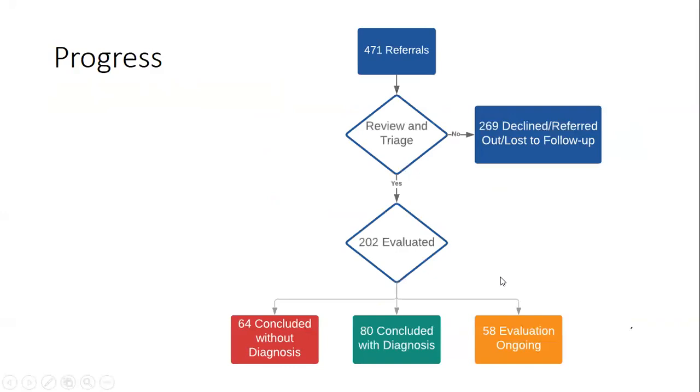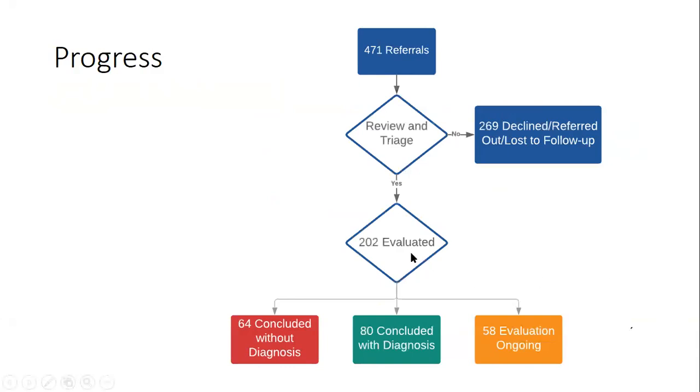These numbers are a month or two old, but the spirit's about the same. In about 5 years' time, we've probably by now had 500 referrals. We do a review and triage. Many of the people who are referred will be referred out to other programs. If it's a pretty clearly neurological problem and they haven't really seen a UAB neurologist, we'll send them there first rather than do a multidisciplinary evaluation.